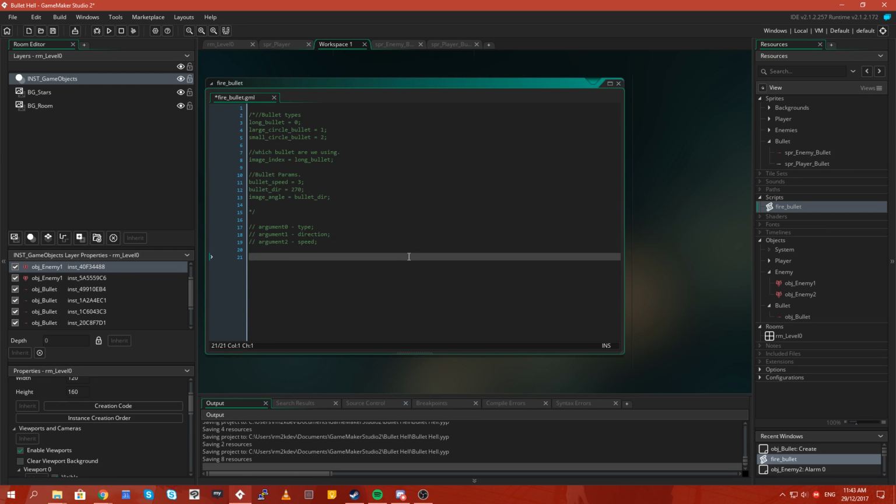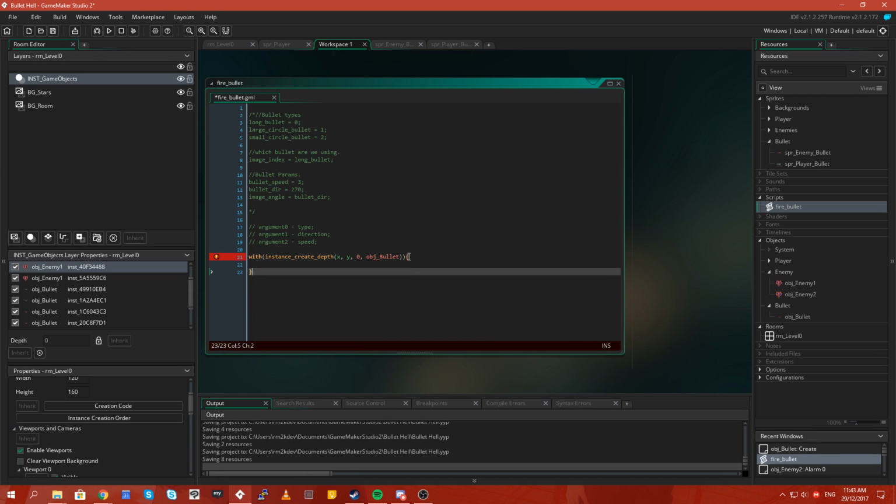So what we'll do is we'll say with instance create at depth. The X and Y position is simply X and Y because that is going to be the position of the object that created it. Thank you, O'Shane. And the depth is just going to be 0. Let's just leave it at that for now. And the object is going to be obj_bullet. There we go. So we have a bullet.